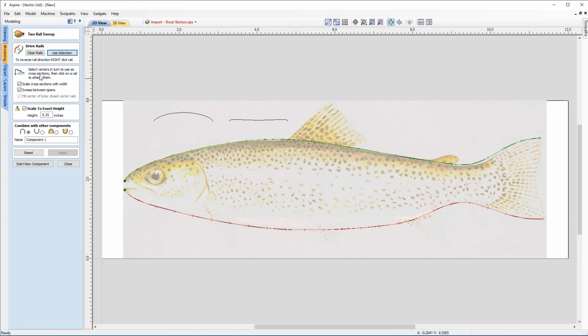So moving on down the form, I'm going to choose to scale cross sections with width. And this means that where there's a greater distance between the two drive rails, you'll get more height in the shape. And where there's less of a distance between the two, you'll get less height. So in other words, it will vary the height of the shape in accordance with the width of the drive rails. And this means it will give us a more organic fish-like shape as opposed to just keeping the heights